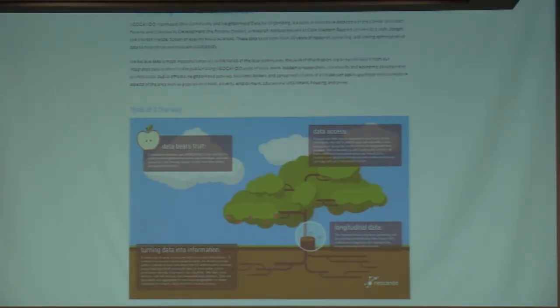So this is basically a screenshot of our new website. It says, we harness data for social good. Here's a tree. It's kind of like what we do. Here's all of our data tools. That's new for us, linking them all on one web page. And then,